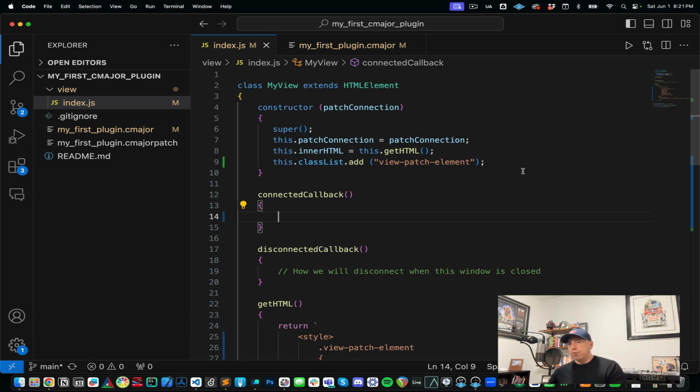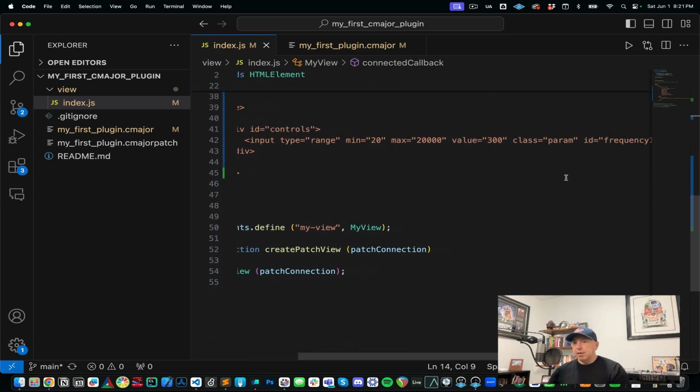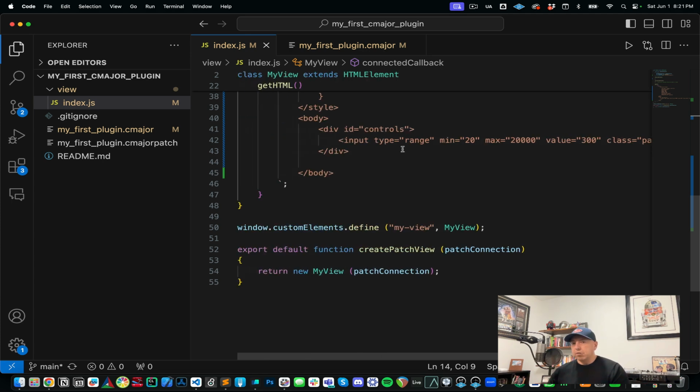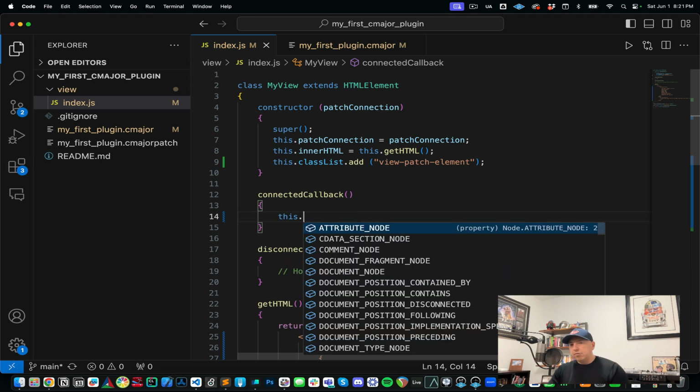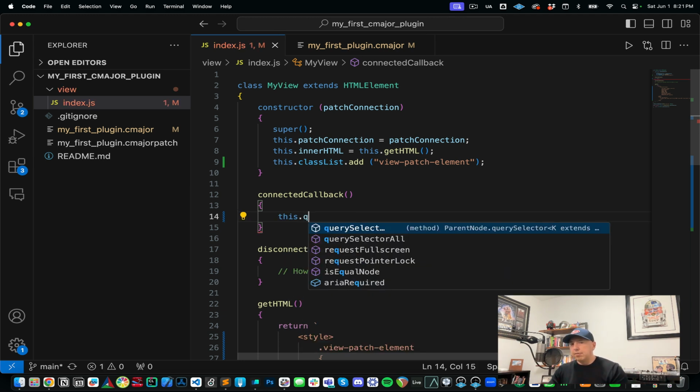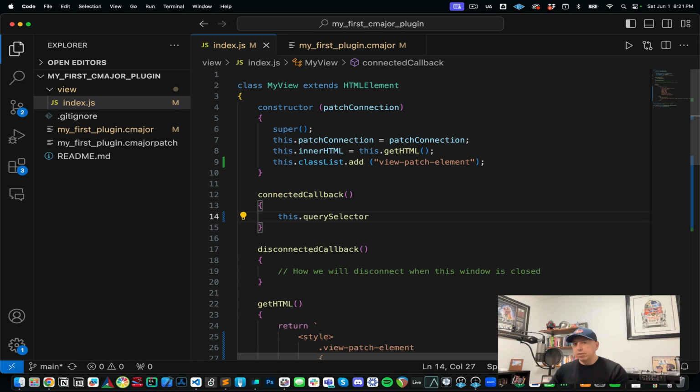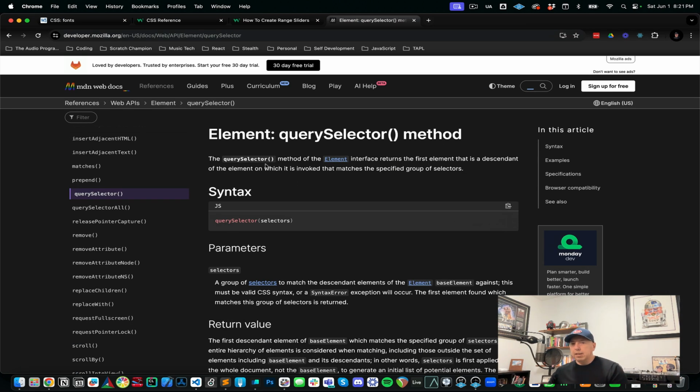Okay, so the first thing that we need to do is look within our HTML code for the ID that we called frequency in, which is our slider. And the way that we do that is we can go to this, which is our class, and then we have this handy method called query selector. Query selector is a method, and as we can see here in the web API documentation, it returns the first element that is a descendant of the element, which is our class,